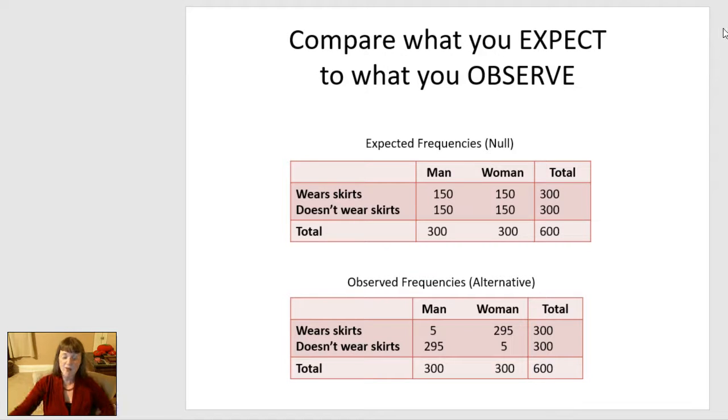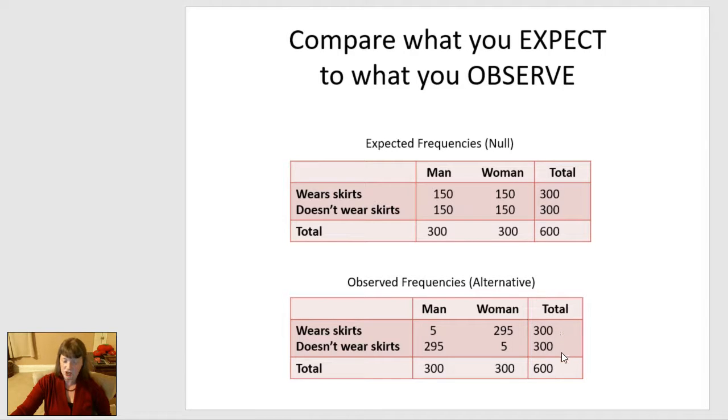And so once again, we've created a null model of the world where skirt wearing and gender are completely unrelated, that whether or not you're a man or woman doesn't increase or decrease the likelihood of you wearing a skirt or not. And this is what we'd see. Because we have the exact same number of men and women and the exact same number of people wearing skirts and not wearing skirts, because our marginal frequencies are the same in our actual data, because we have the exact same numbers of men and women, 300 and 300,